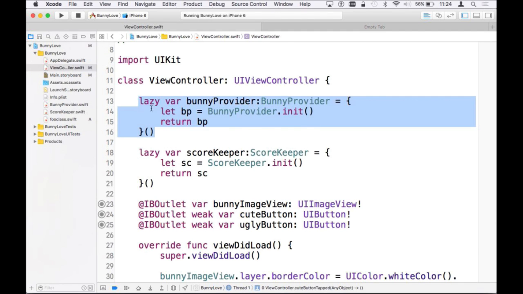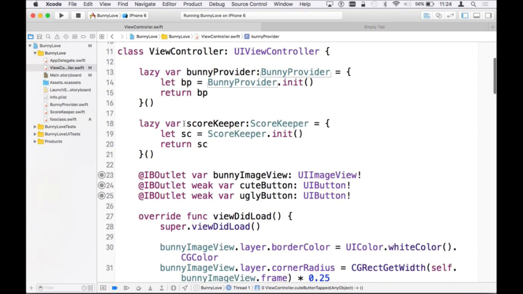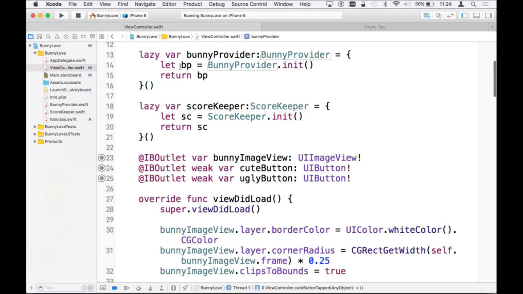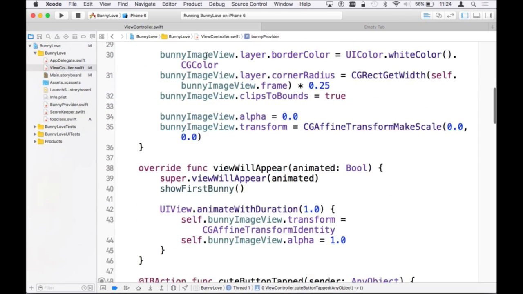And you make it lazy load in Swift so that it only gets initialized when it's needed, which would help you be more performant in RAM use because you're on a mobile phone and you don't want to max out the RAM. You do that, your bunny provider is initialized when it's asked for, so when this thing fires up, the view controller would view did load,